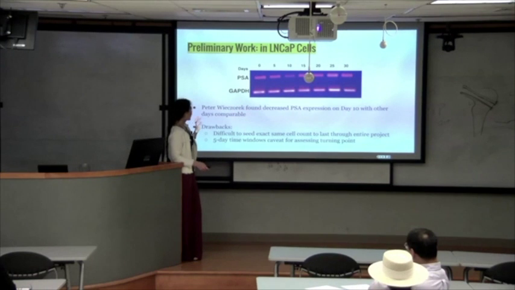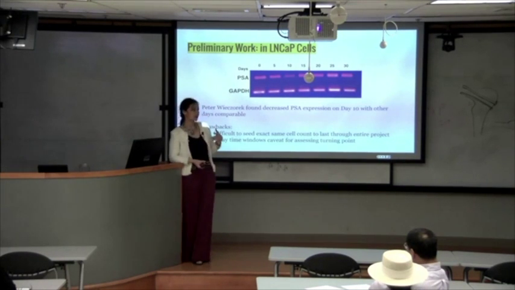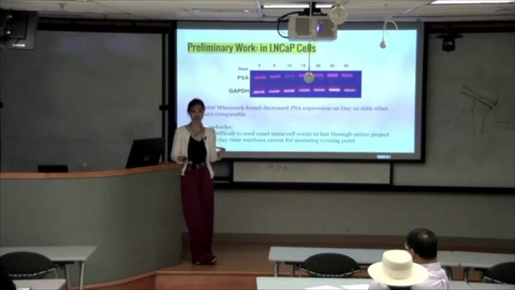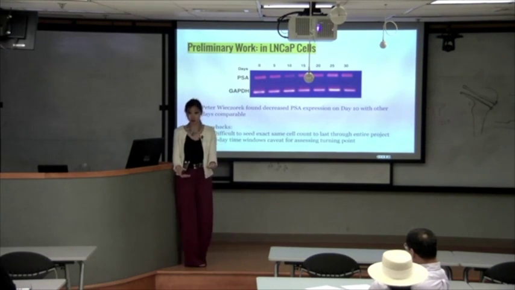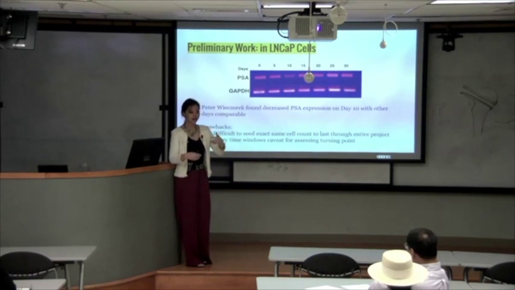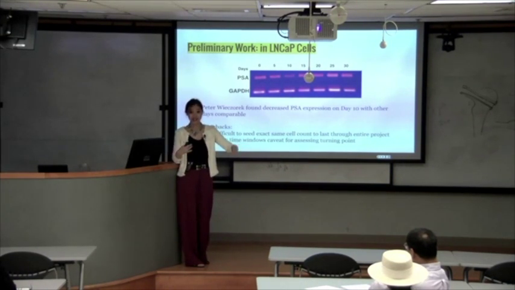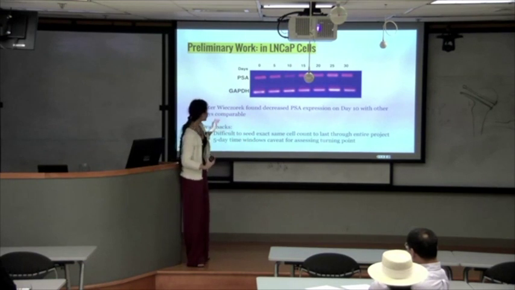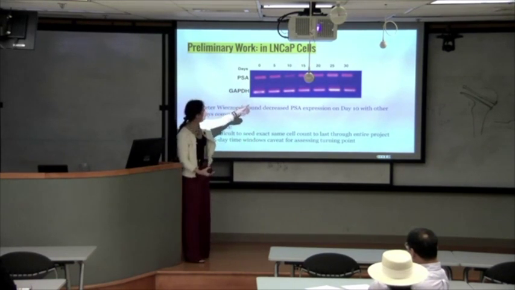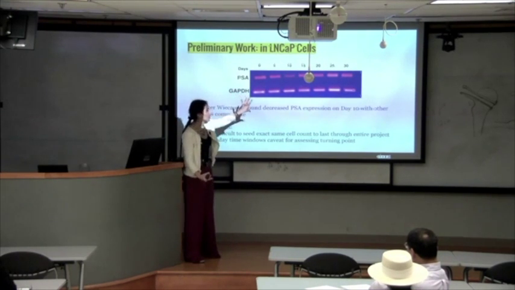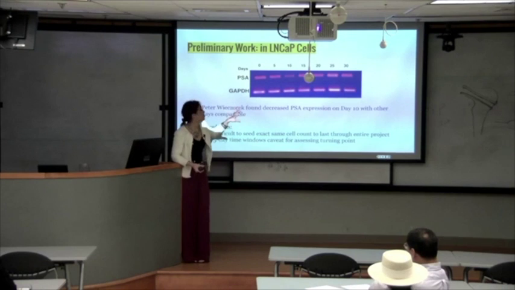There were a couple caveats to this, something Dr. Zhang mentioned in the beginning or alluded to. When you grow LNCaP cells deprived of hormone, the growth rate changes and they grow slower since they're sensitive to hormone. So it's difficult to seed an exact same number of cells for such a duration since the growth rate is slower. And also the 5-day observation windows that we have, it makes it more difficult to go in and try to determine more specifically what might be going on from day 5 to 15.